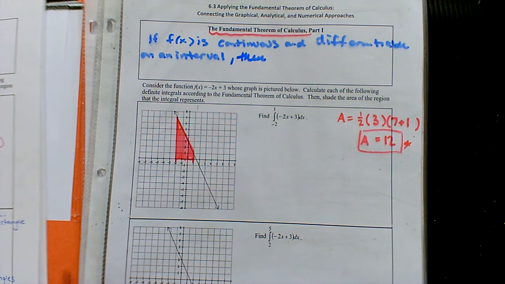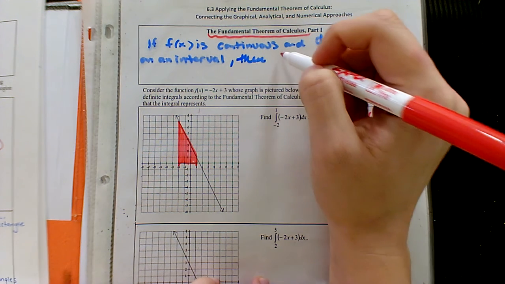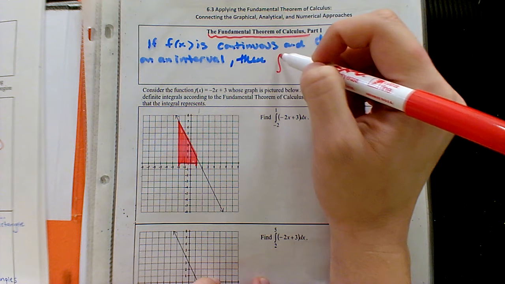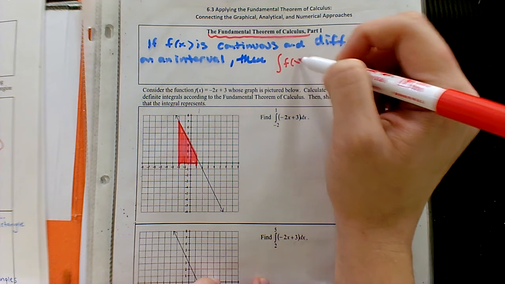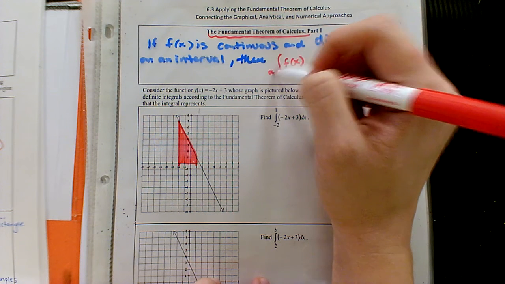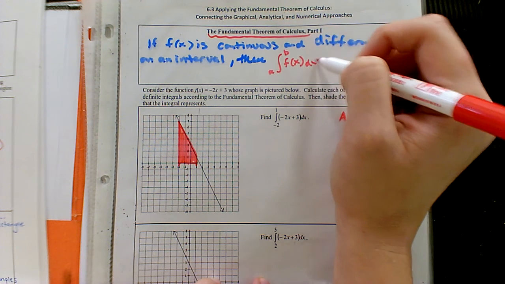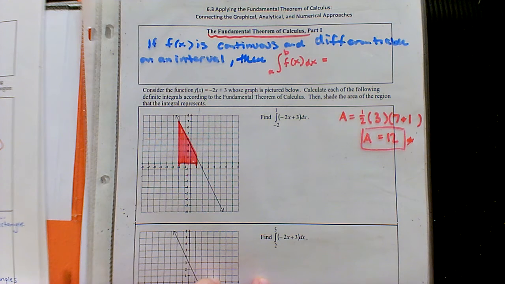If f of x is continuous and differentiable on an interval, then the area under the f of x graph from A to B is equal to,